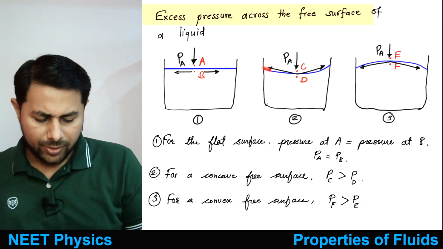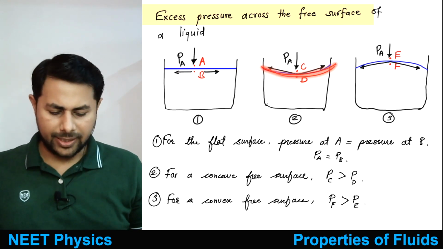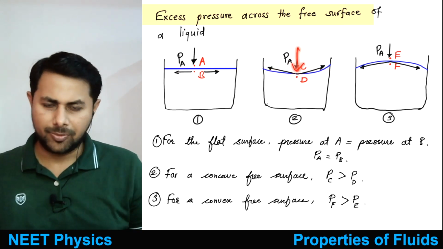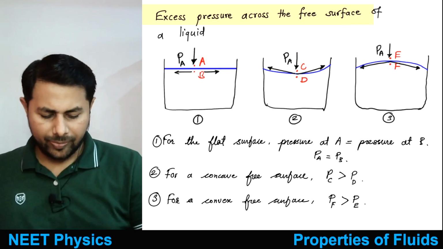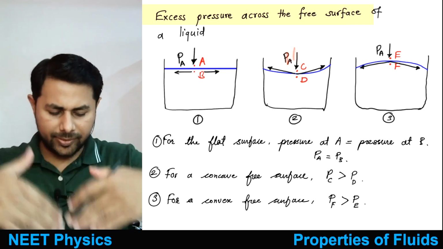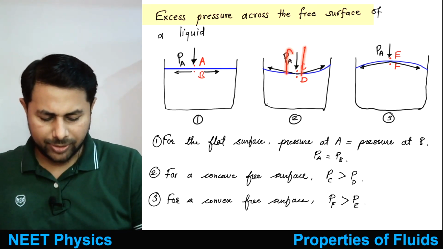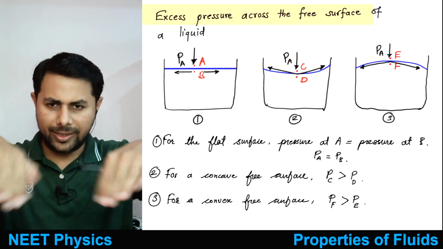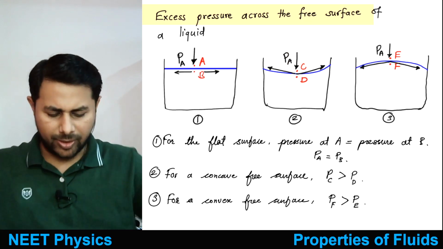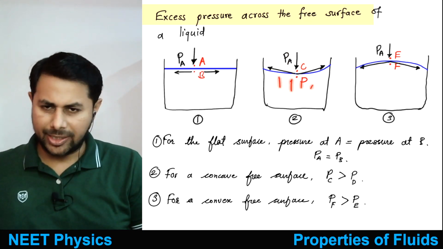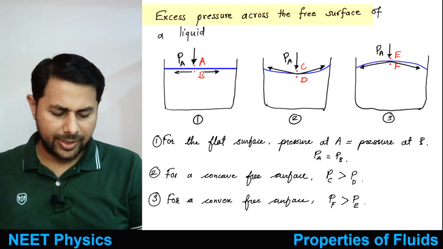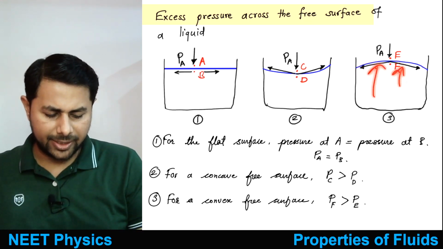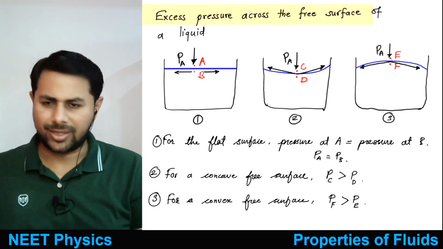For the concave surface, pressure outside is more compared to pressure inside the liquid, so it gets pushed more from outside, and that's why the concave surface is formed, because the pressure inside would be lesser. Here the surface is convex because pressure from inside is more compared to pressure from outside,